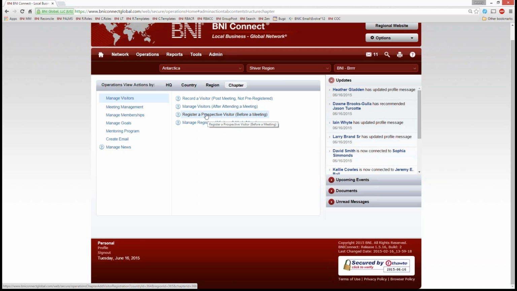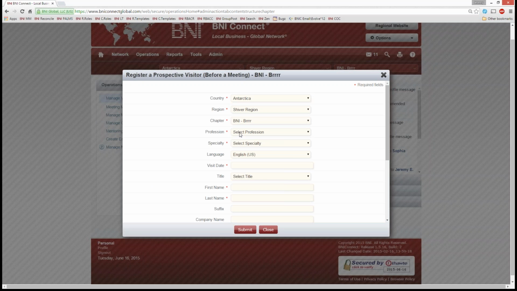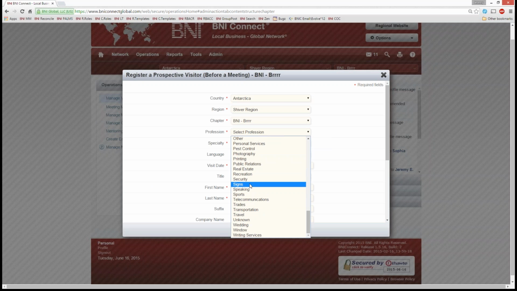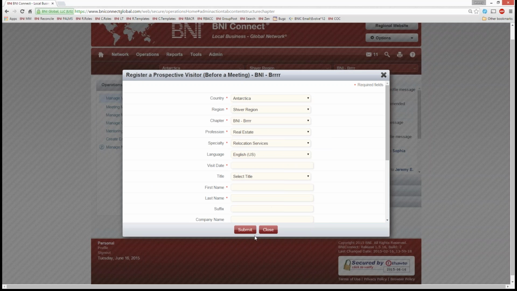Registering a visitor is pretty easy. All we do is click on that link and fill out the form. So we just need to select a profession and a specialty. So this person, let's say they're in real estate and they are in relocation services. You know you're in the right place because it will only allow you to choose future dates. So it won't let me put anybody in for the past because that's no longer a prospective visitor if they've already been to a meeting. So we'll let you choose a future date,